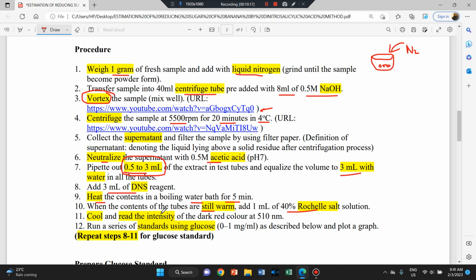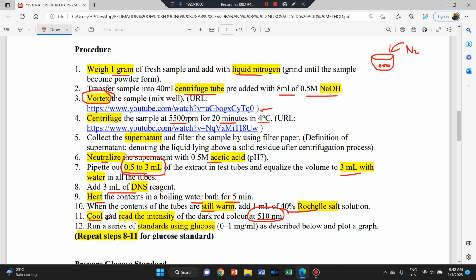And the next step, you are required to cool down these test tubes before you do the reading of intensity using a spectrophotometer, which has been set at 510. Hopefully, you also know which type of cuvette to use when the wavelength is 510. Right. Once that is done, the instruction also